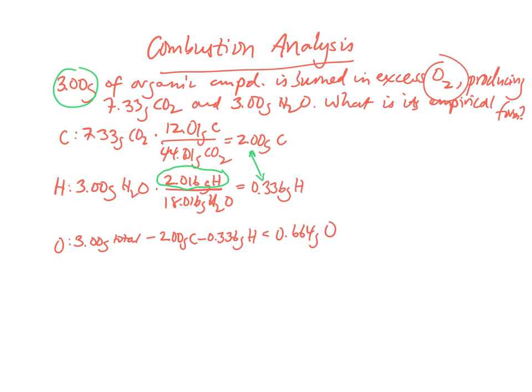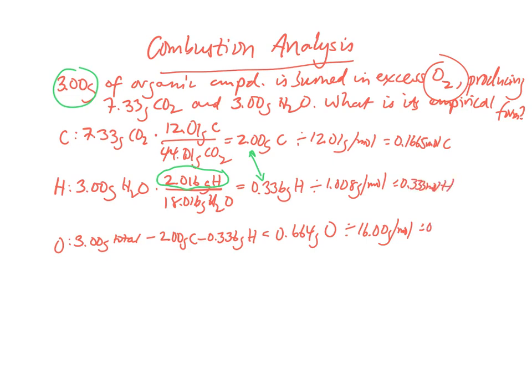And so the next step is to convert them all to moles, because the best way to find a formula is to compare mole ratios. So we divide each by its molar mass. 12.01 for carbon, 1.008 for hydrogen, and 16 for oxygen. So 2 divided by 12, 0.336 divided by 1.008, and 0.664 divided by 16. And when you do that, you get 0.1665 moles of C, 0.333 moles of H, and 0.0415